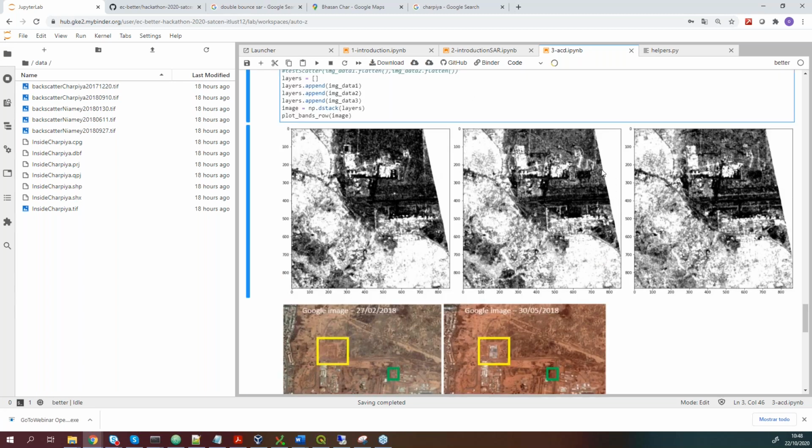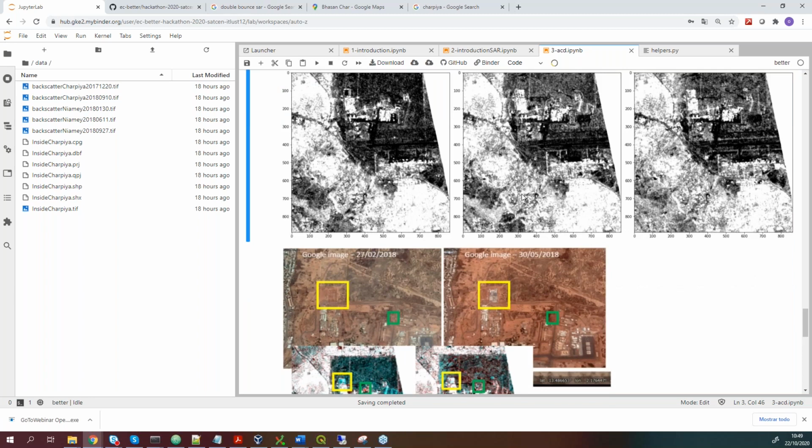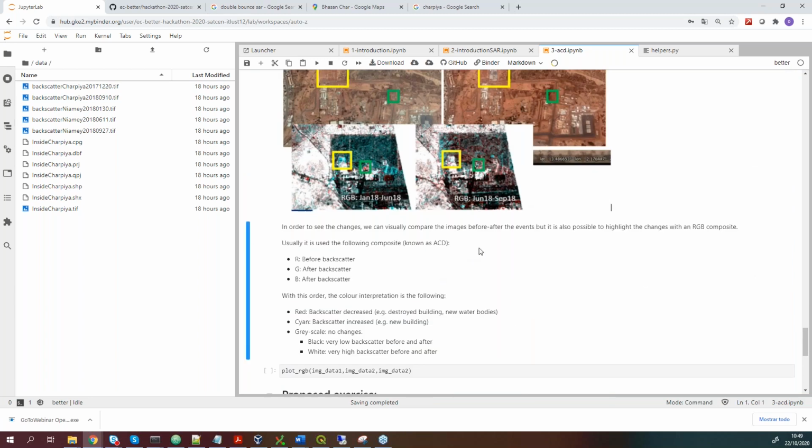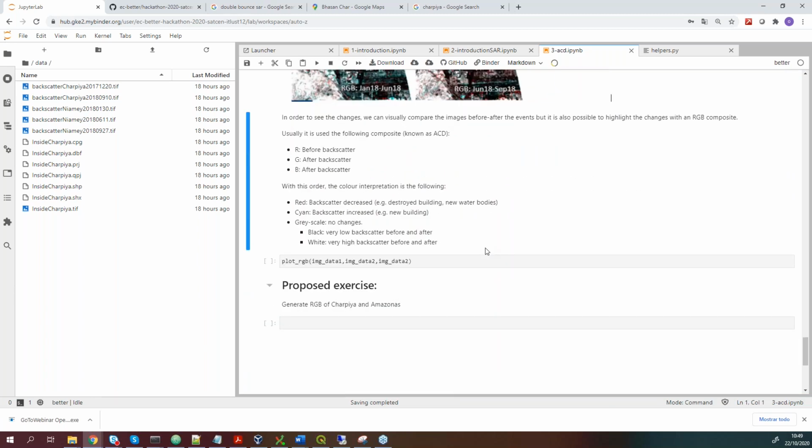So we can see also here. And also a tool that we are going to use to make this analysis visually: when we put the images in parallel like that, we can see them, but it is not always very easy to identify the changes. So what we usually use for doing this kind of visual comparison of change detection is to